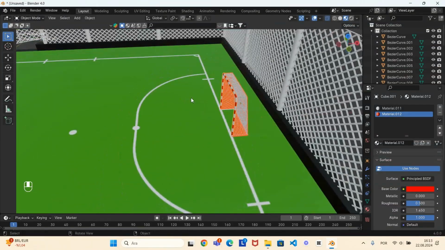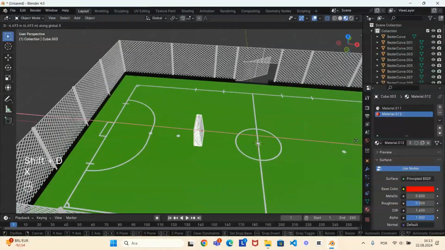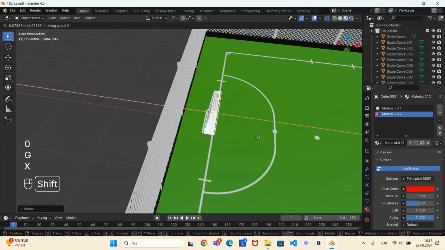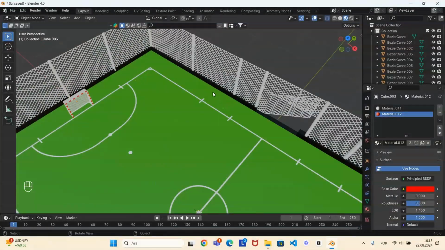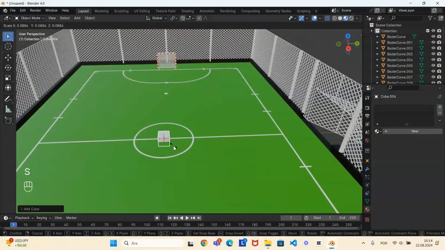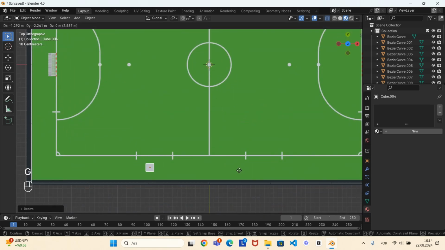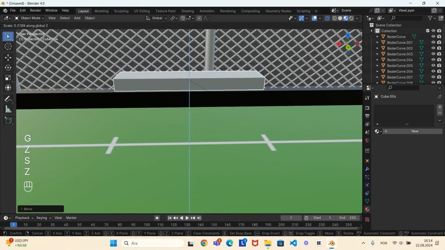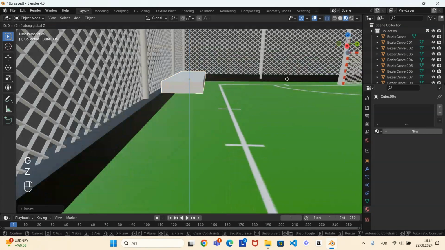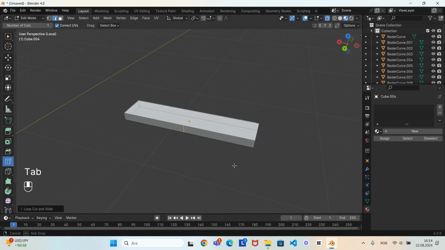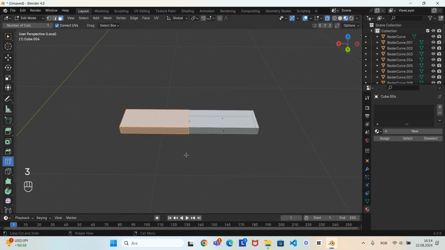So select the goal and then duplicate it, then rotate it at 180 degrees. And so we will make the things to sit. So add a cube, then scale it, then put it on this part, then scale it at x-axis, and then move them up, then scale them at z-axis, then move them a bit down, and then click that button again. Then in edit mode, add a loop cut over here, and then select these faces, then delete them,